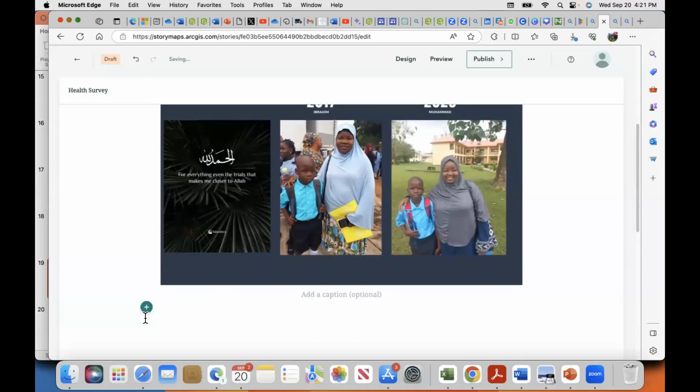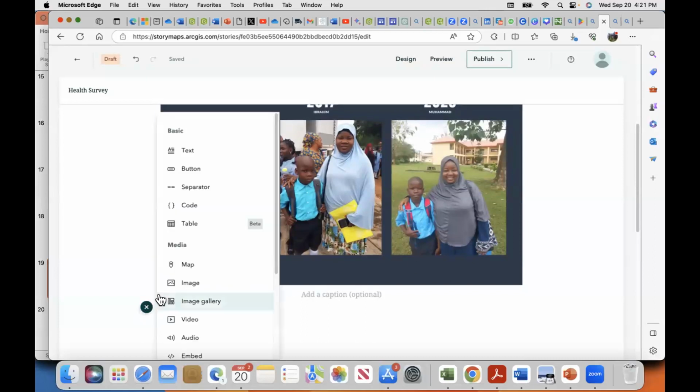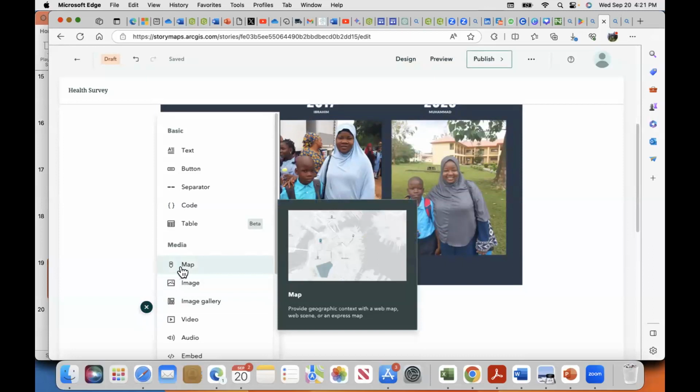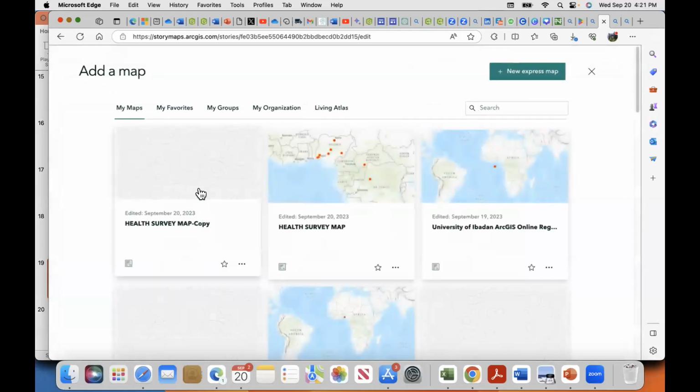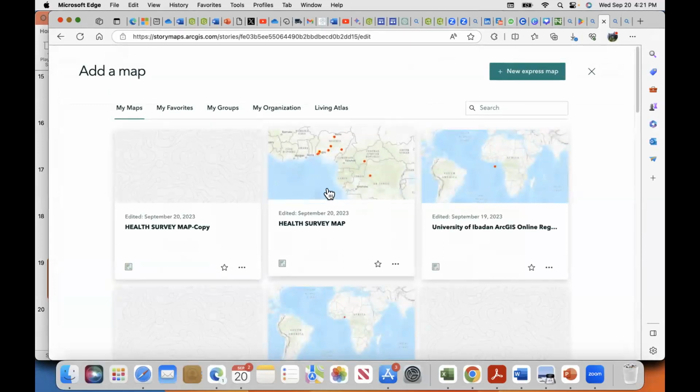If you want to add, let's say, any other information, let's say we want to add our map here. So we can use our Earth survey map that we created. You can see that our map surfaced up.